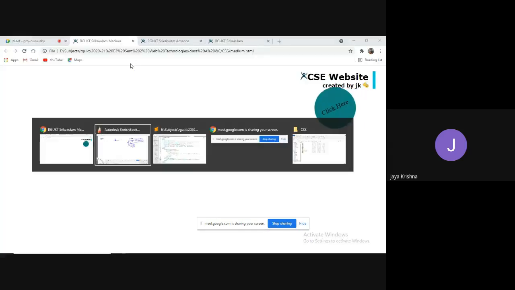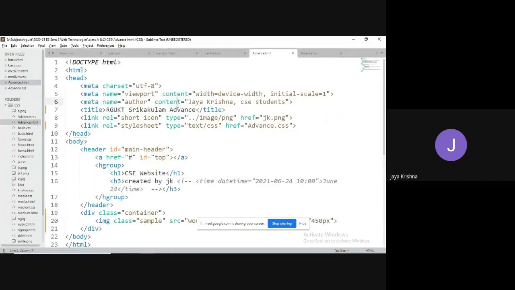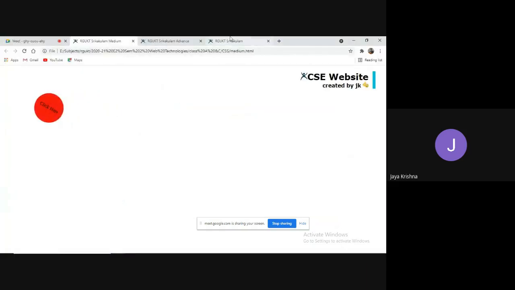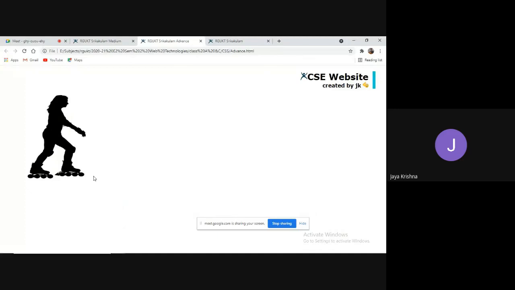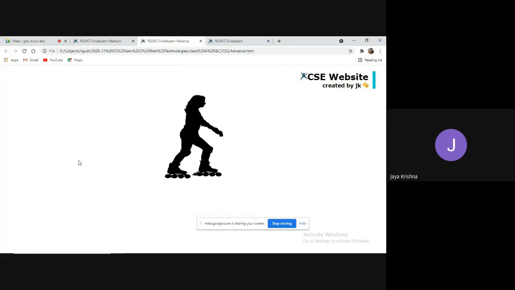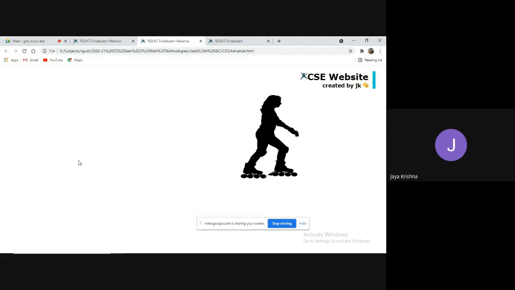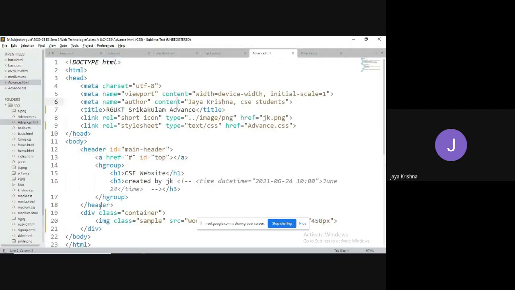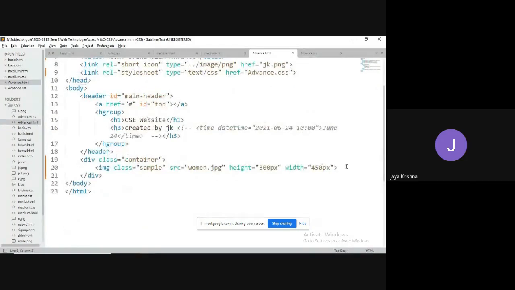Yeah, this is what we have seen in the previous class. I have taken this advanced.html. You can observe, whenever I place the cursor, the girl is moving towards the corresponding location, translate x of 1200 pixel. Fine. What I will do is try to get some line right on the bottom.